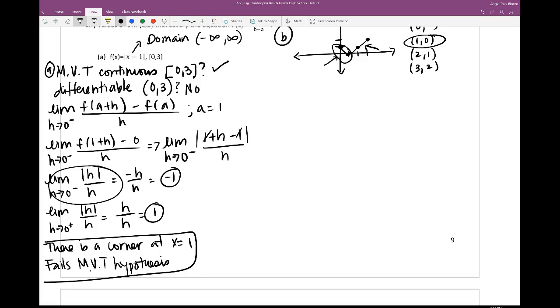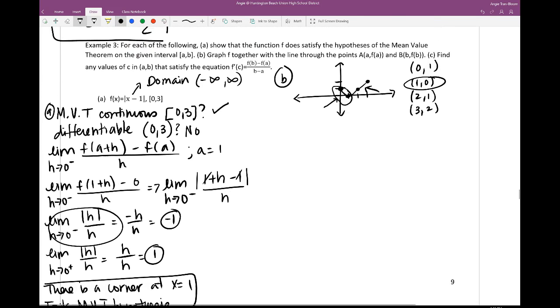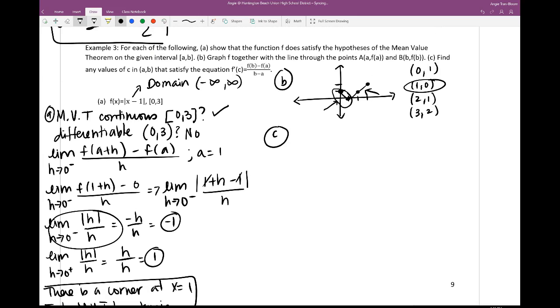So we got part A. We proved it up with the formal definition of the limits. We graphed it out in part B. So now part C. Part C says find any value of c in (a, b) that satisfies this equation. So let's do the derivative. So f prime of x is,